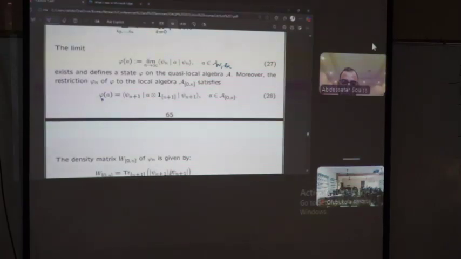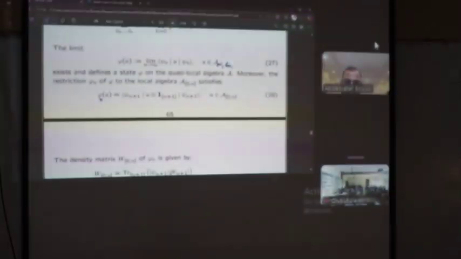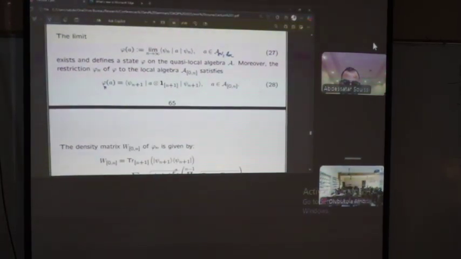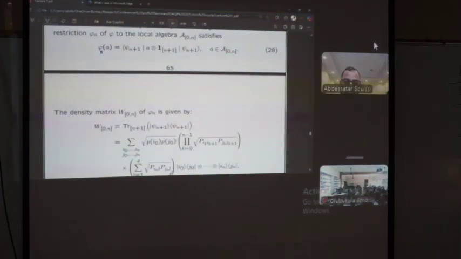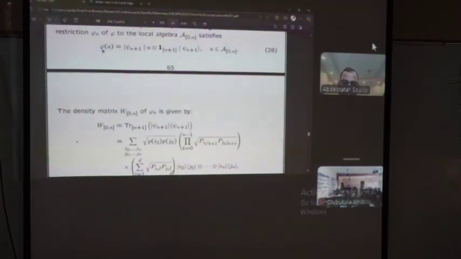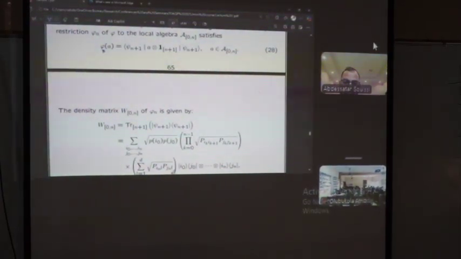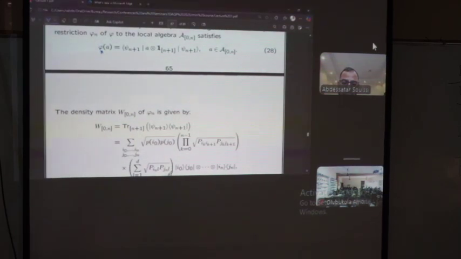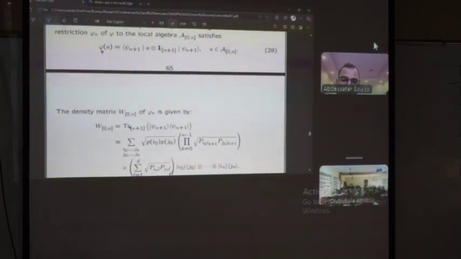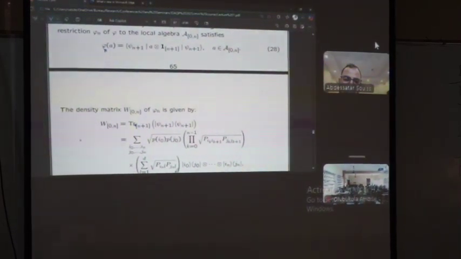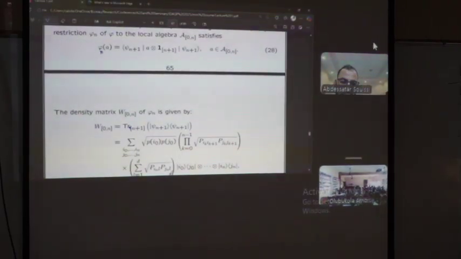But we should also investigate the correlation of this. We define its density matrix on the n+1 factor, because as you can see here, if we have the state